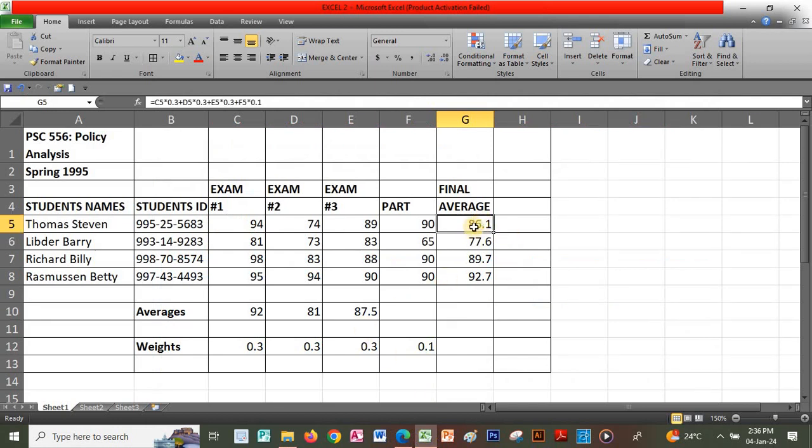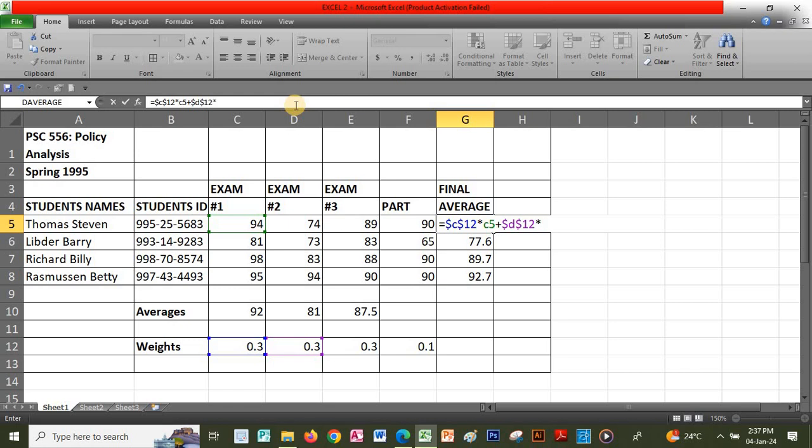I click on cell G5, which is this one. Now we are going to change this formula. So I type equal sign, then we enter the formula provided. The $ sign on your keyboard, you long press shift, then you click number 4, which will provide the $ sign. So it is $C$12, then we multiply by C5, plus $ sign. We have seen $ sign is shift and 4 on your keyboard. So $D$12,